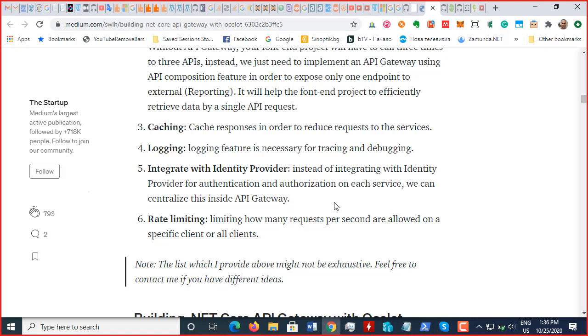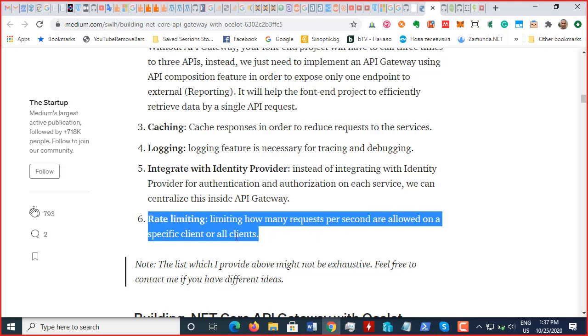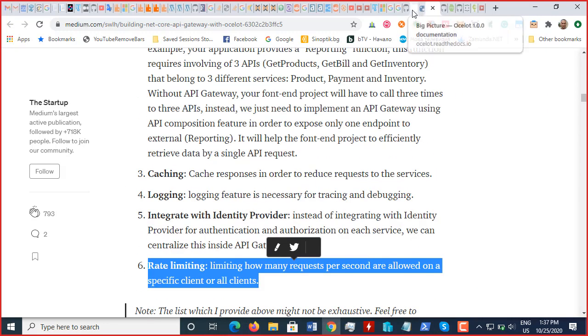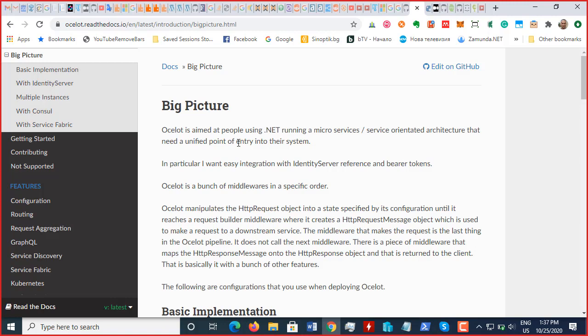Our identity server is gonna communicate only with the API gateway, is not gonna issue tokens for each one of the services separately. Rate limit, limiting how many requests per second are allowed on specific clients, blah blah blah. So this tutorial, I'm not gonna finish this tutorial. Let's go back